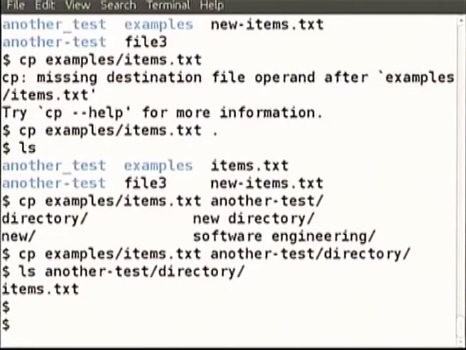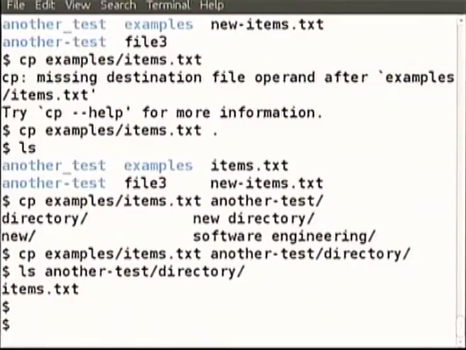Similarly, mv can move a particular file, not just copy but actually move it. When you move it, it means at the source that particular file is no longer there. Similarly, you can move entire directories from one place to another. When you move a directory, all its files, all its subdirectories, everything will get moved to the destination.